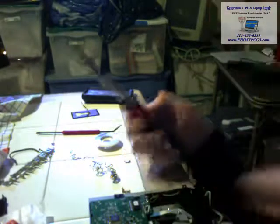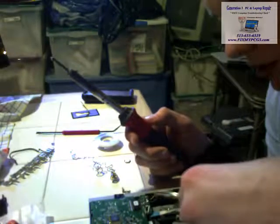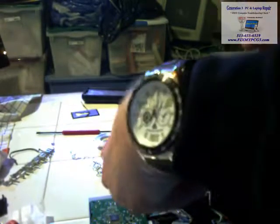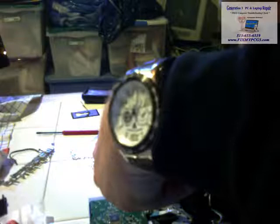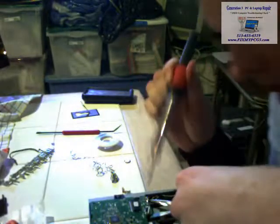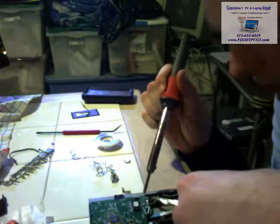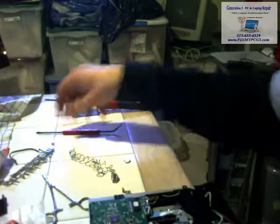Alright. So we got that there, straightened out. Solder it back on. And I'm not exactly a lefty, so this is kind of. Oh. Kind of messed that one up. And if you ever mess it up like this, that's what the desoldering braid's good for. You just take it,